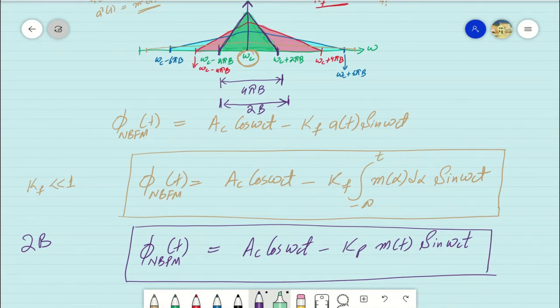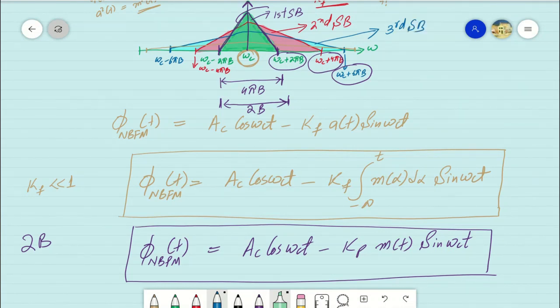However, for wideband signals, we have infinite number of sidebands. This band is referred as the first sideband, while this band, which is generated from the squared variant of the information signal, is usually represented as the second sideband of exponential modulated signals. The band generated from the third order variant of the information signal is referred as third sideband of the signal. So we have such infinite bands, while most of the energy is concentrated in the bands adjacent to the carrier signal frequency. First sideband, second sideband, and so on. We have such infinite sidebands.